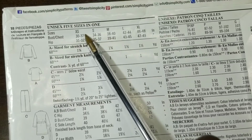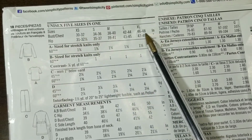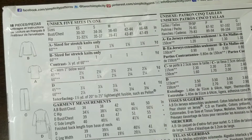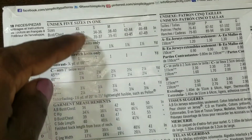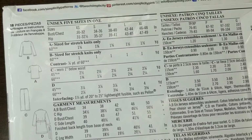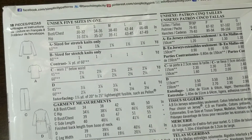This is going to guide you to actually know your size. We are going to get there in a bit. I'm going to move on to the fabrics because I will need that to explain whatever thing we have in the middle here. So we have different types of fabrics that have been recommended for us to make these various